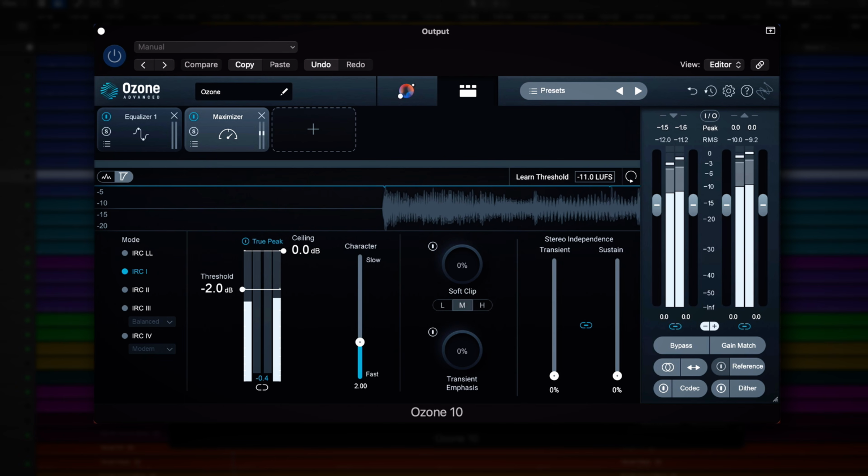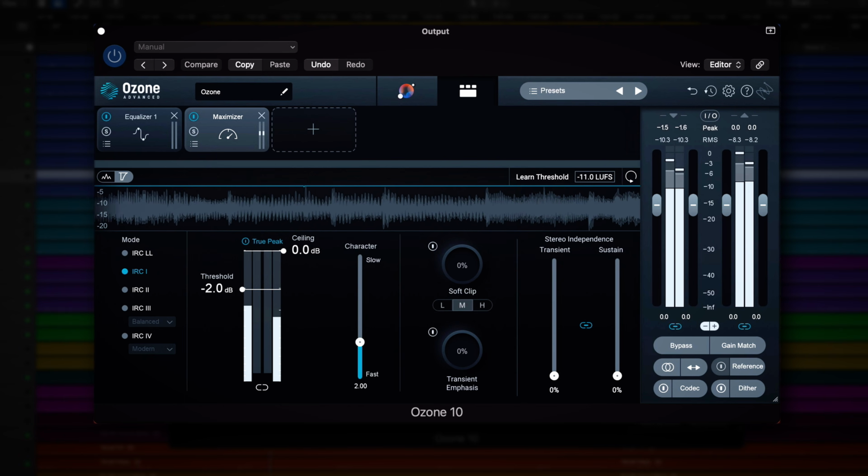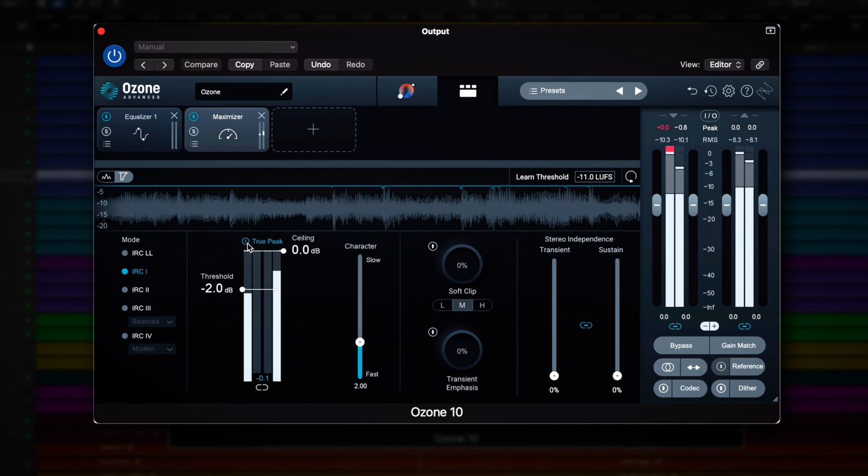Let's take a look. Take a look at the main output meter here on Logic. When I have true peak engaged, it's reading 0.0 dB, which is to be expected as that's where our ceiling is set to. But as soon as I turn true peak off, we get that familiar red clipping light, although the number actually stays the same. This is because although the ceiling is set to 0.0 dB and shouldn't let anything pass, when we don't have true peak engaged, samples are slipping through the net in between what our non-true peak limiter is stopping and causing clipping between the cracks.